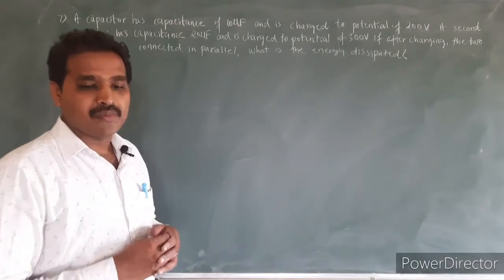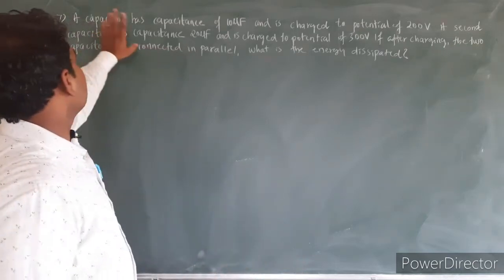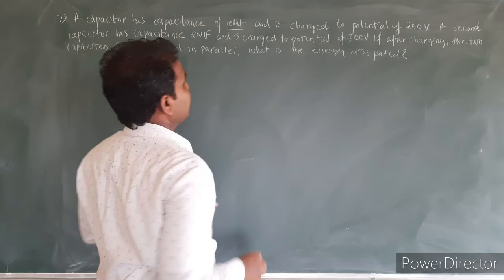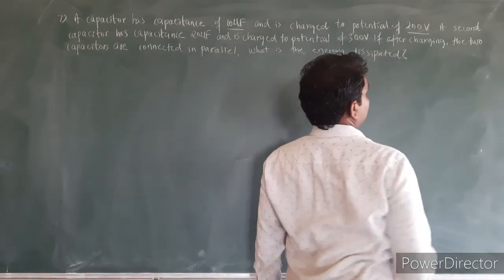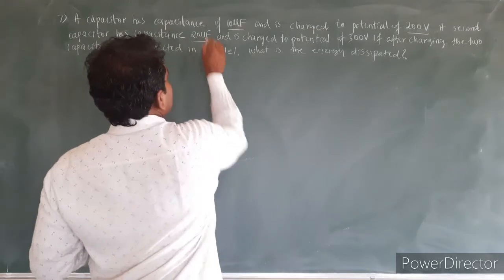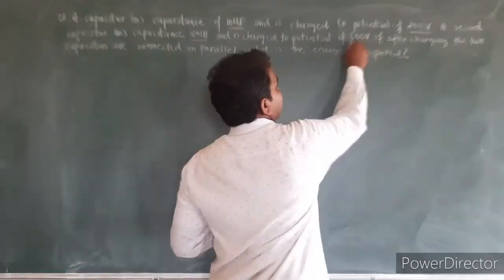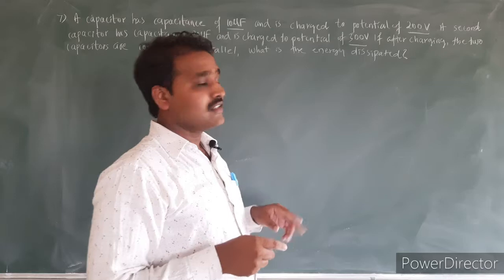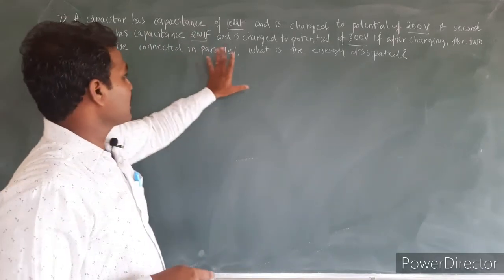Next we have a problem based on common potential. A capacitor has a capacitance of 10 microfarad and is charged to a potential of 200 volt. The second capacitor has a capacitance of 20 microfarad and is charged to a potential of 300 volt. If after charging, the two capacitors are disconnected from the battery and connected in parallel, what